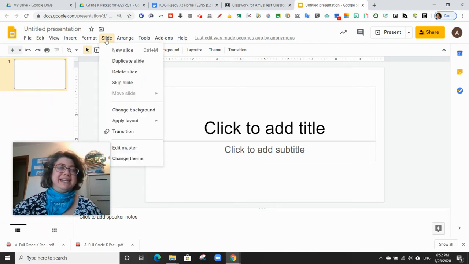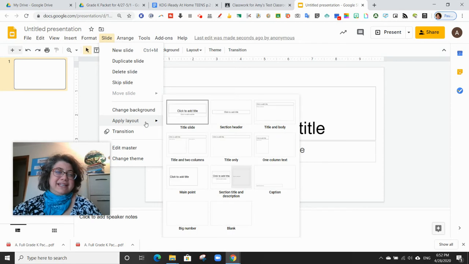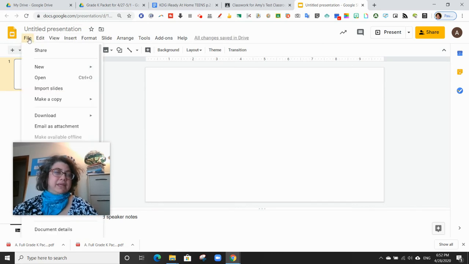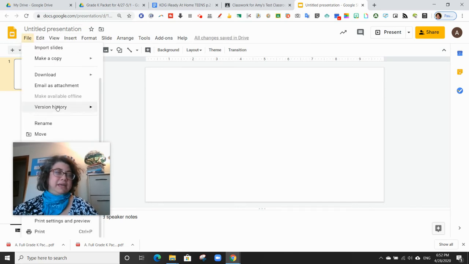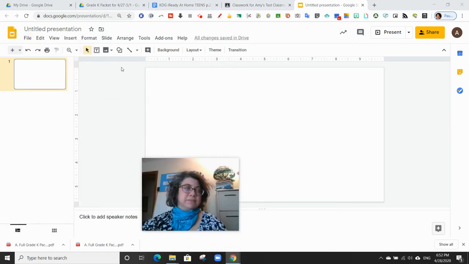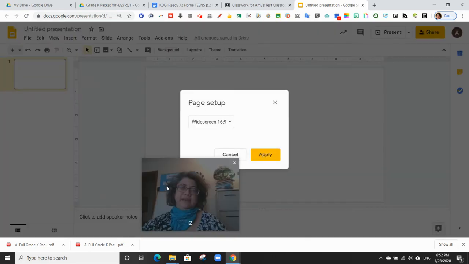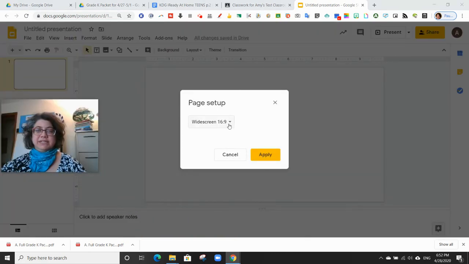So I'm going to go to slide and apply layout and make it a blank slide. The next thing I'm going to do, maybe it's in page, I'm in file. There we go. The page setup in file, I'm going to go there and it's telling me that it's widescreen,